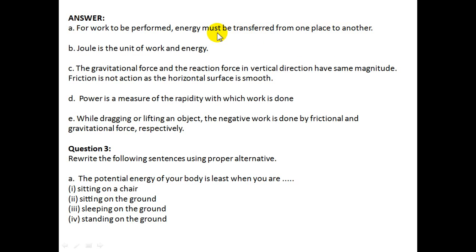Yes, this is the case of work to be performed. मतलब work हुआ है, not transformed. Sorry, that is my mistake. Transformation is a type of energy, but transfer will show you that some work is done. अगर कोई भी object कहीं अपनी जगह से दूसरी जगह shift हुआ है, that is called work is performed.